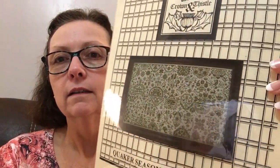This is one that I got recently. This is called Quaker Seasons of Friendship by Crown and Thistle Designs. It's really hard to see that. And it's going to be crinkly, but